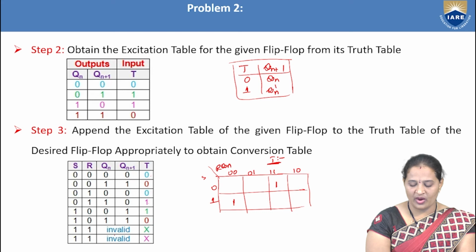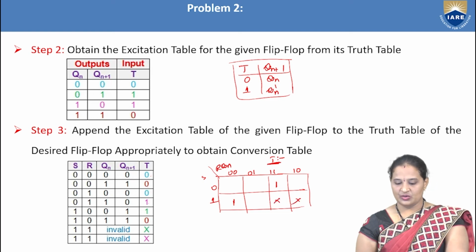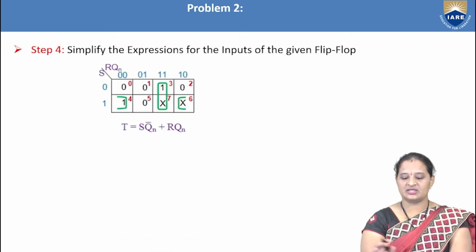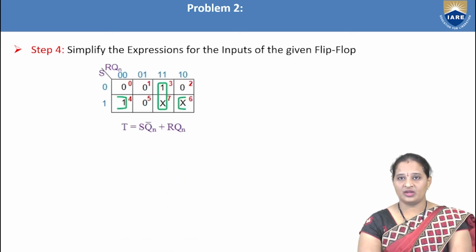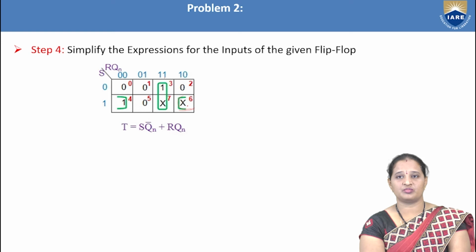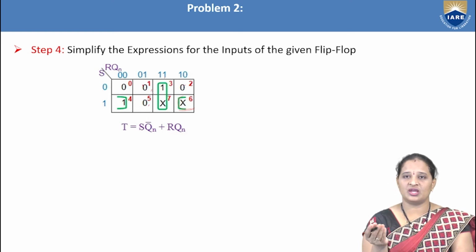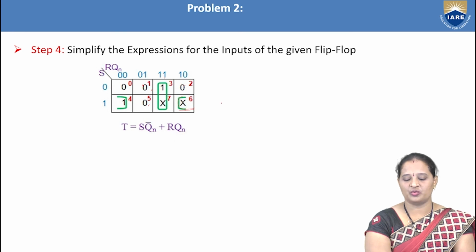So next, 1, 1, 0 and 1, 1, 1, it is don't care. So here this is the mapping. So what can we do? We can form a pair with this, and we can also form one more pair with this. No quads are possible here, because all these are zeros. Either I can group ones and don't cares, or zeros and don't cares. We cannot include zeros while we are grouping the ones and don't cares. So that is why I can form two pairs here.